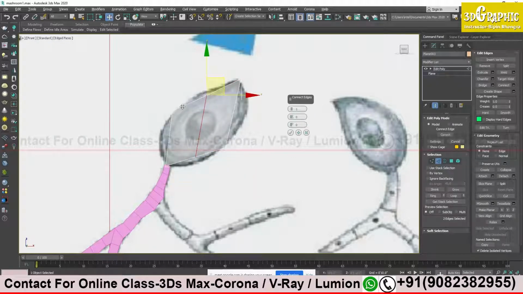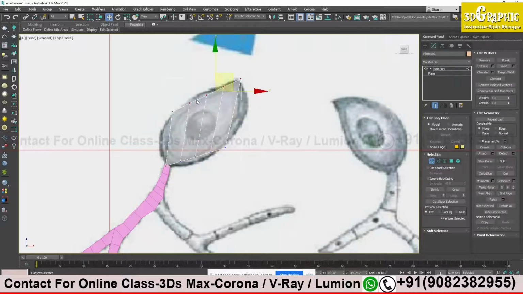I need at least 3 edges over here to get the complete curve shape. So I will take 3 edges and tick sign. Then I will click one and manipulate a little bit, adjust the vertices so that it looks a little bit round over here.